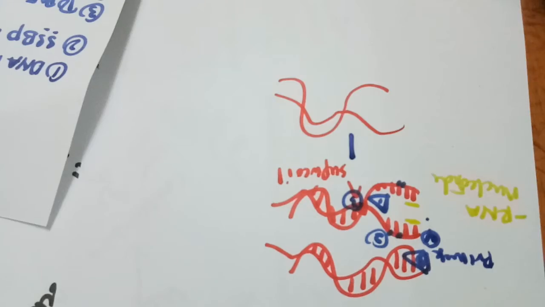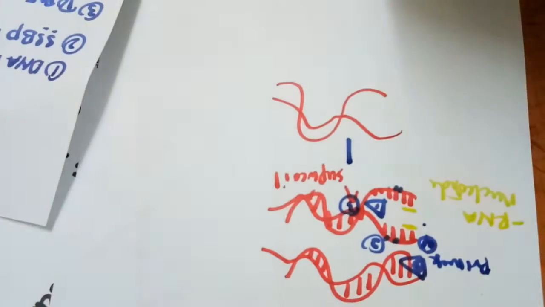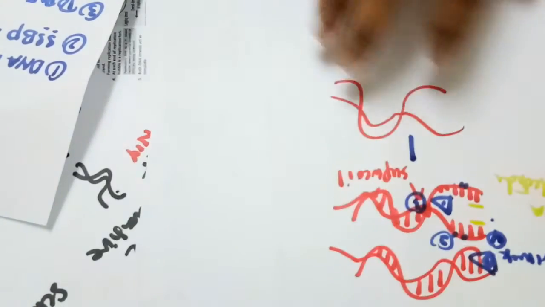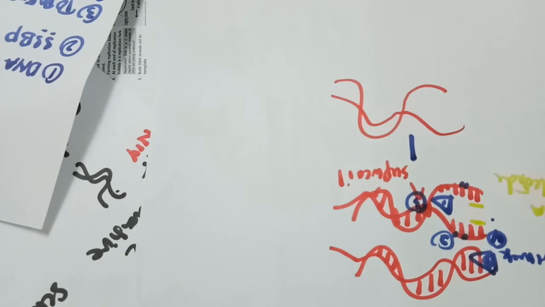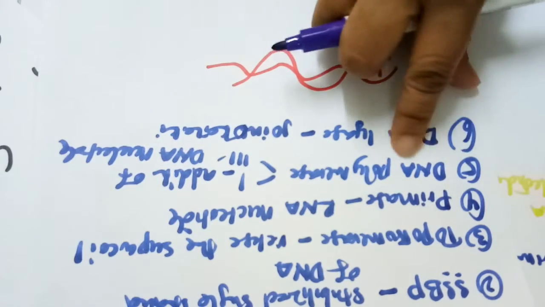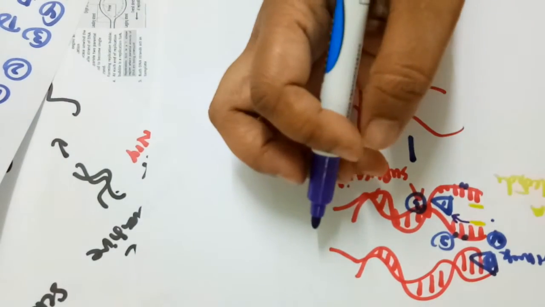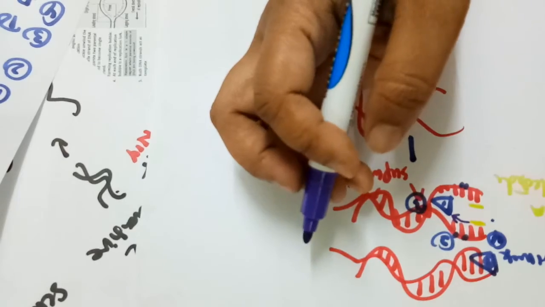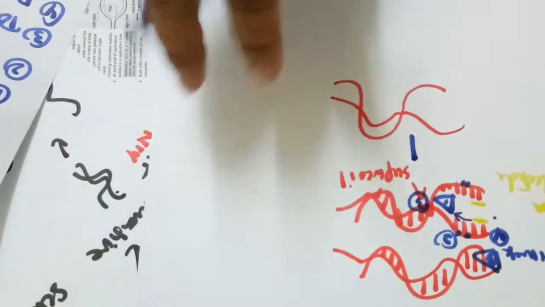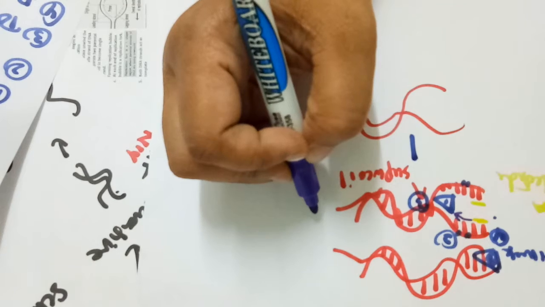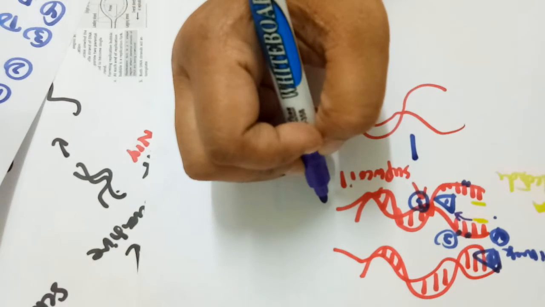Okay, after the RNA nucleotide is attached, it will be followed by the DNA nucleotide. The addition of the DNA nucleotide is catalyzed by DNA polymerase 3. DNA polymerase 3 will add the DNA nucleotides. This is one principle of DNA replication: DNA replication will synthesize the new strands of the DNA